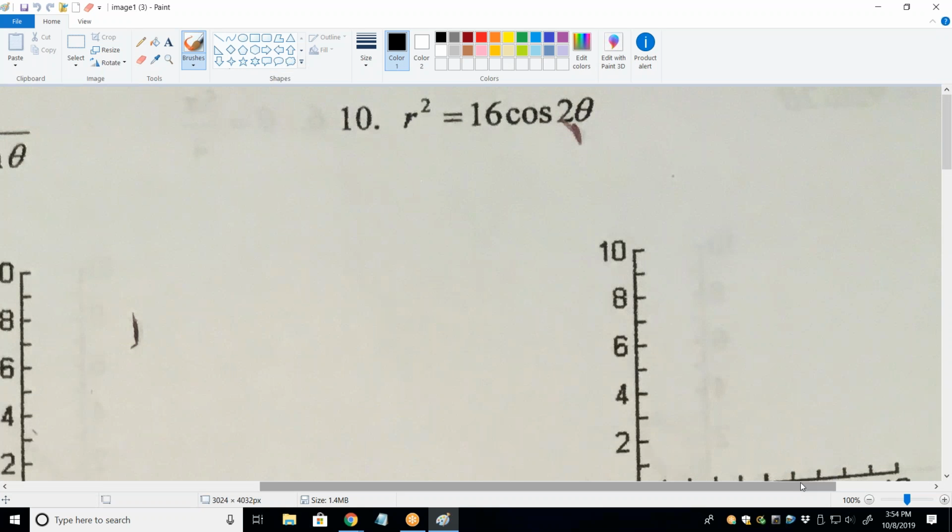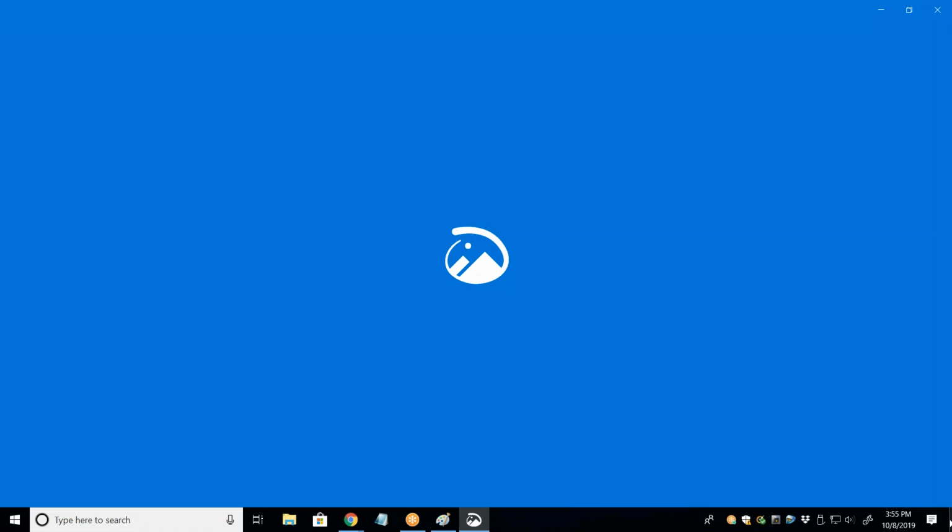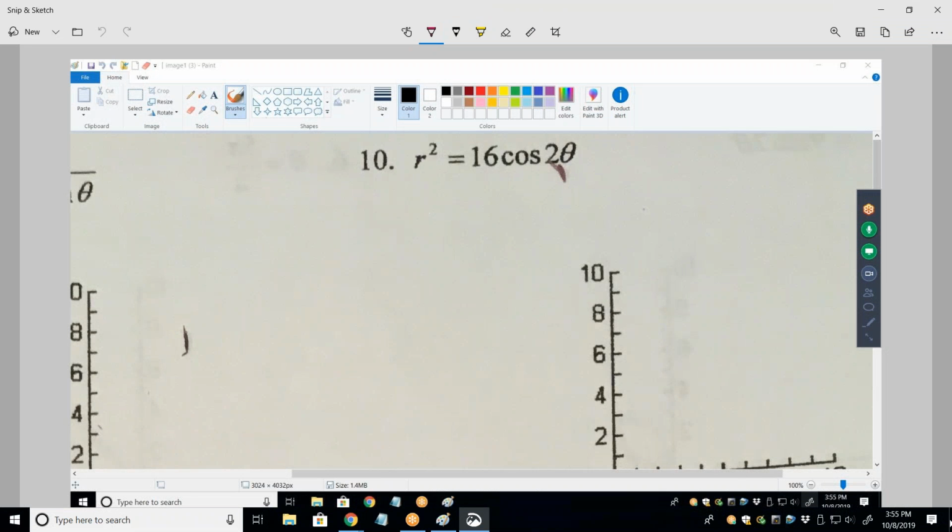Could be a little tricky because we're dealing with cosine of 2 theta. It's all right, we can handle that. What should we do with cosine of 2 theta? First of all, what should we do with r squared? x squared plus y squared. Yeah. Oh, hold on, I forgot to do this. So x squared plus y squared equals